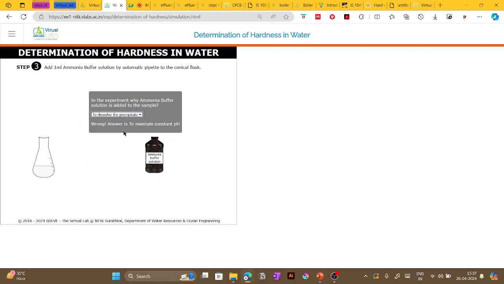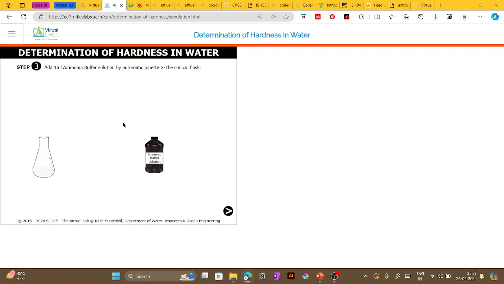To dissolve the precipitates. Sorry, it was to dissolve precipitate, not to maintain the pH. I will come back to that again. Okay, then after that, Eriochrome Black T indicator,